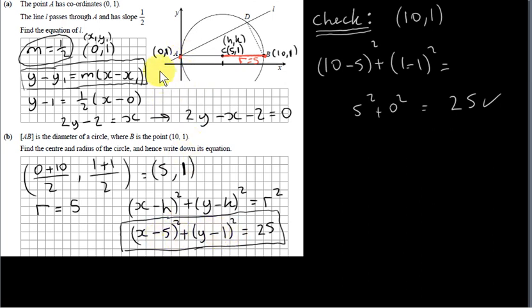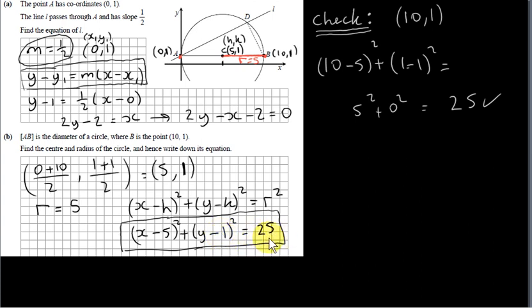Let's just do that mentally. If we put 0 in for x, we get 0 minus 5 squared. Well, that's just minus 5 squared, which is plus 25. If we put 1 in for y, we get 1 minus 1 is 0. So we end up getting 25. So these 2 points, A and B, satisfy this equation, as expected. And the same is true for any other point on the circle. If we knew any other point, we could plug it in here and verify that